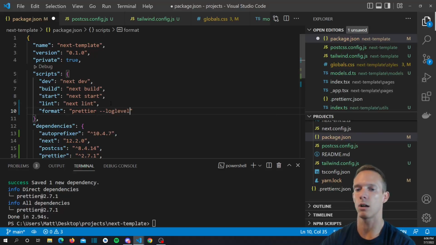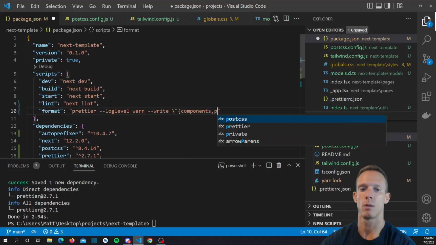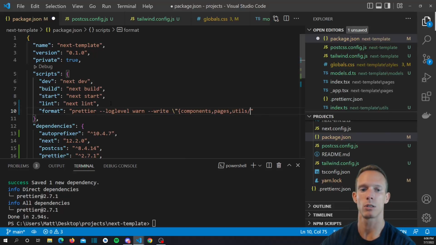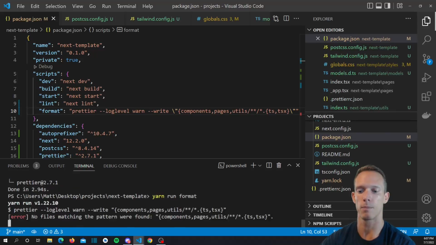We'll set the log level to warn, and we will write, and we're going to write to components, pages, and utils, slash star star slash star dot ts and tsx. So we're only going to be formatting the ts and the tsx, and finally we just encompass that in our double quotes. And so if we run yarn run format,